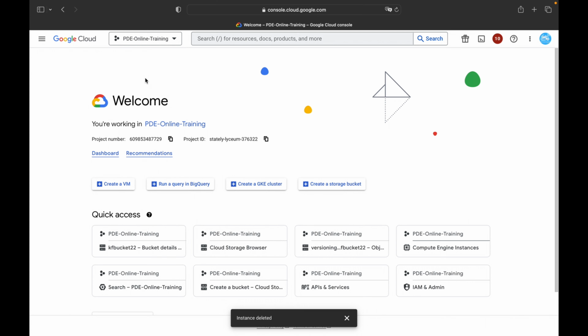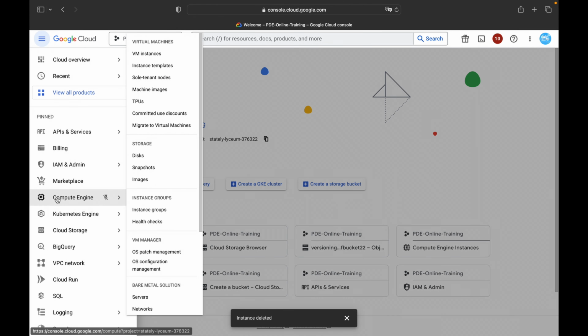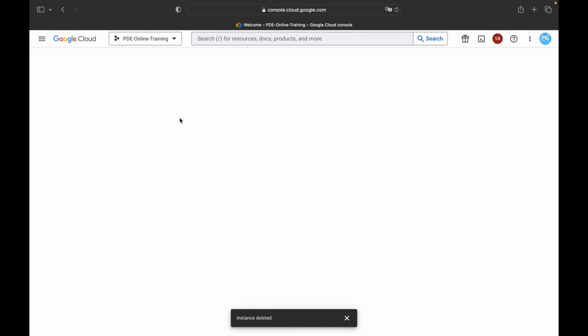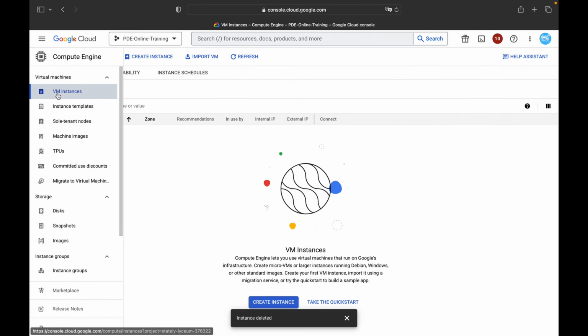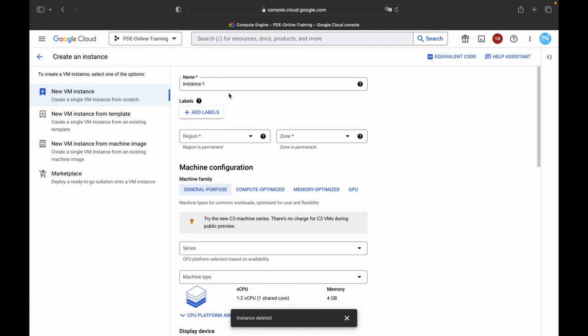So I am inside my Cloud Console and you can just go to the navigation menu and click on Compute Engine and VM instances, or you can click on this search bar and you will be able to find Compute Engine here. So inside Compute Engine we are going under VM instances. Just click on Create Instance and give your instance name as my-first-